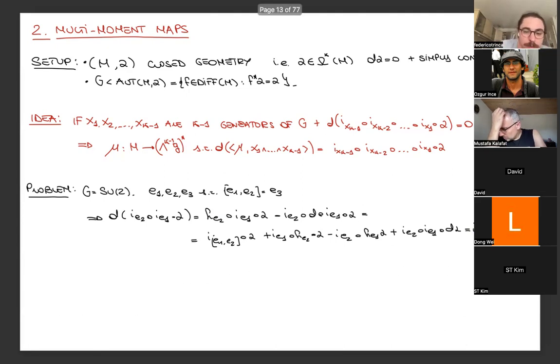Okay, any questions on this idea of multi-moment maps? Okay, so